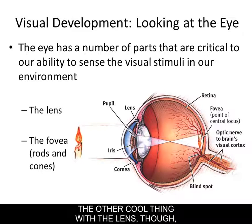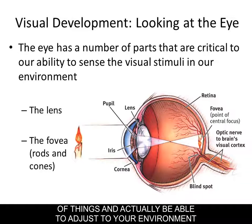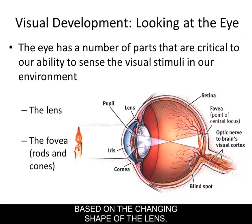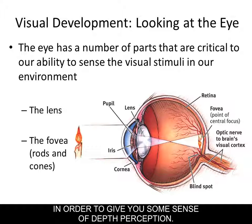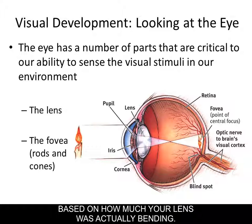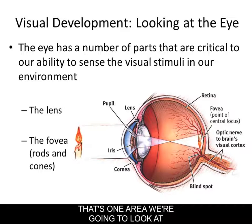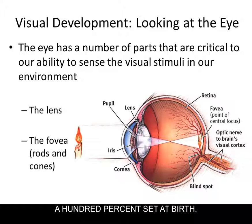The other cool thing with the lens, though, is the fact that not only do you change your perspective of things and actually be able to adjust to your environment based on the changing shape of the lens, but your brain actually picks up on how much your lens bends in order to give you some sense of depth perception. So you know when something's 20 feet away versus 50 feet away based on how much your lens was actually bending. That's one area we're going to look at with development because it's an area that's not 100% set at